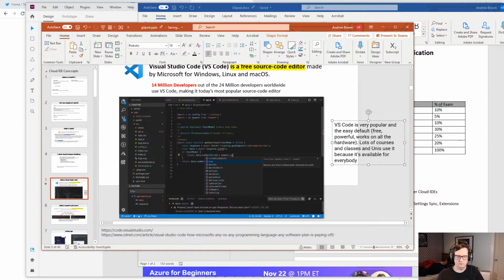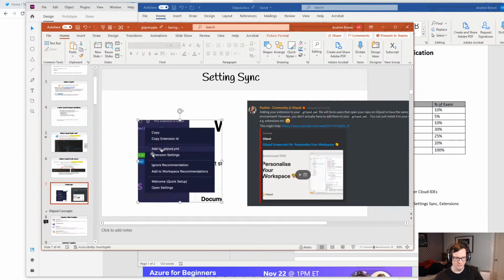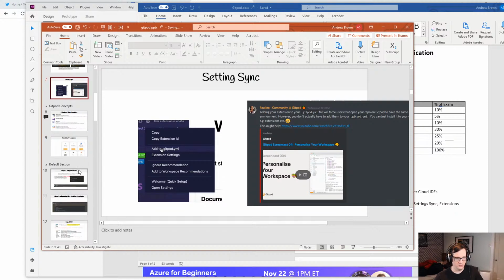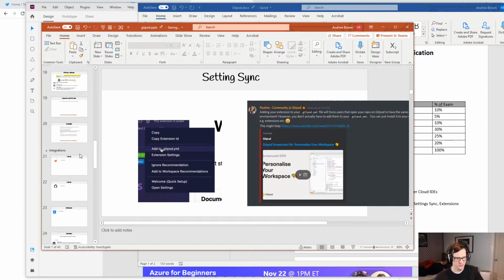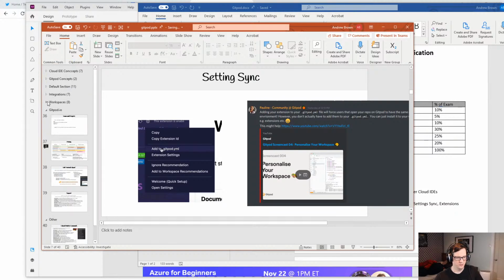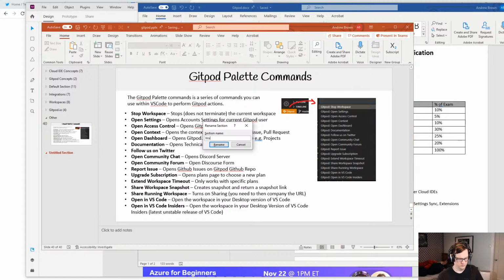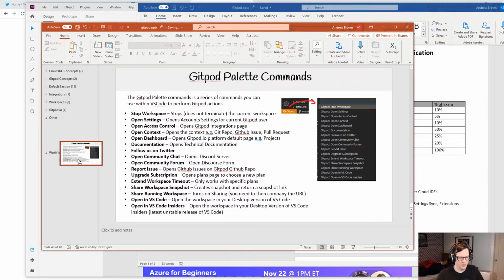Okay. So yeah, this was just a thing I found out. That's kind of a convenience thing. That would be more like workflows maybe. We'll go down here. So we have cloud, Gitpod concepts, default section, integrations, workspaces, Gitpod IO, other, Gitpod cal. So that's more like, this is part of workflows. I'm going to make a new one here called workflows, and I'm going to drag the other to here. We'll get rid of other. Remove section, and there was that loose one that I wanted, which was